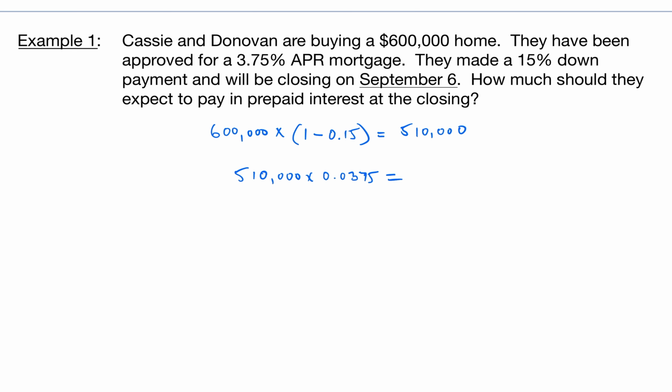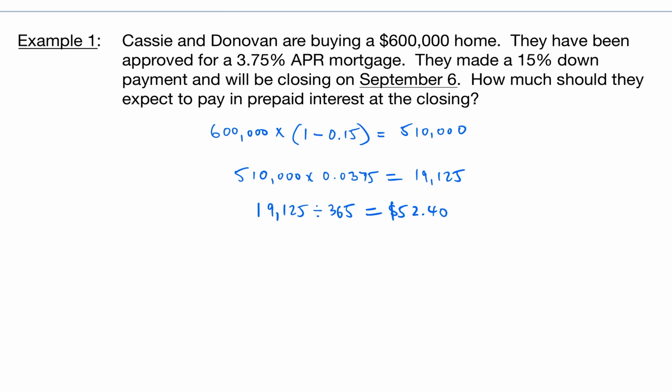And that works out to $19,125. And then we're going to take that and divide that by 365 days, okay? 365 days in a year, because we want to know how much interest they're going to be paying each day. And that works out to